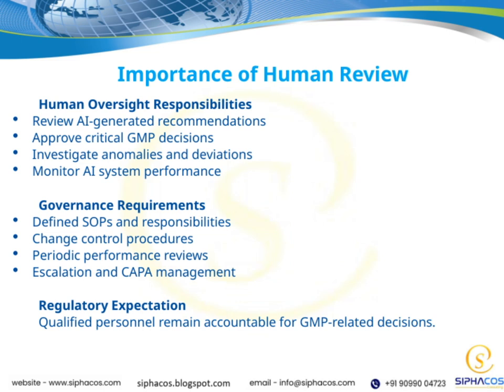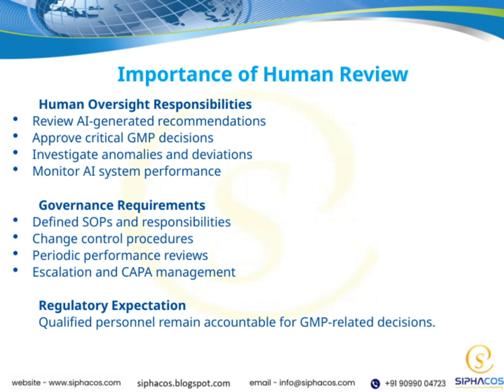Finally, from a regulatory perspective, it's crucial to remember that qualified personnel remain fully accountable for GMP-related decisions. No matter how advanced our AI systems are, human accountability is the cornerstone of compliance and quality assurance. This balance between automation and human oversight ensures we meet regulatory expectations while maintaining the highest standards of patient safety